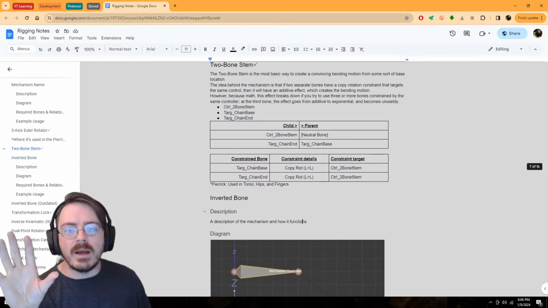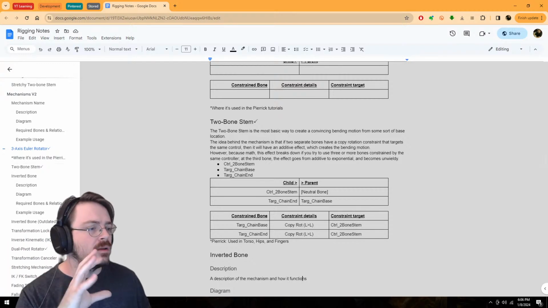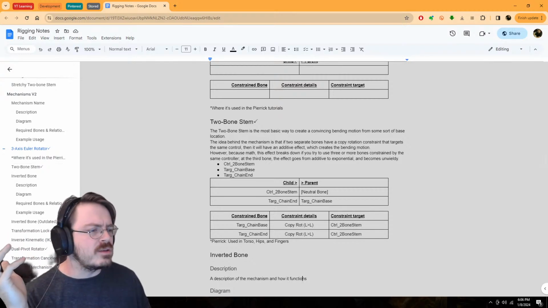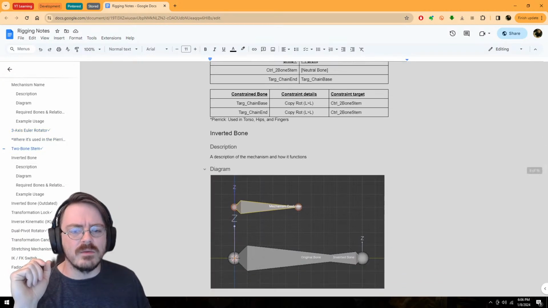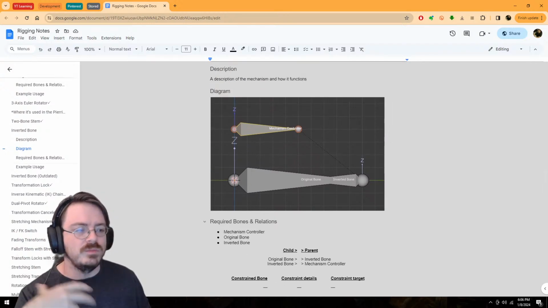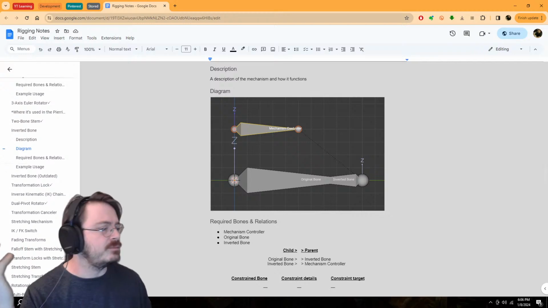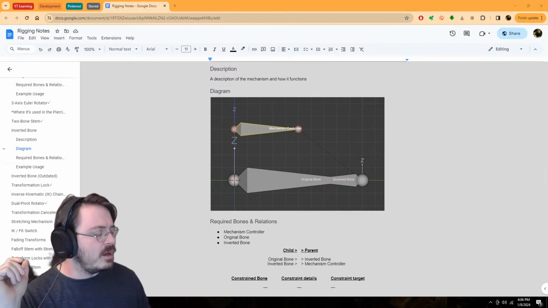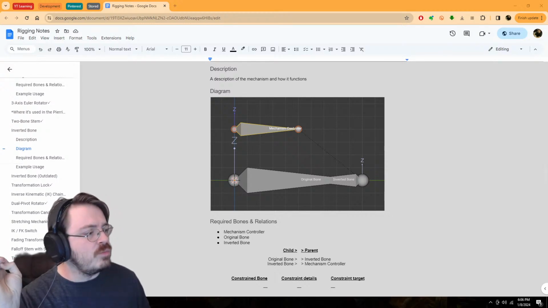So we'll go through. I think we'll make one more little mechanism here, and then that might be the stream for today. I don't know, because I don't think there's a tremendous amount of nuance to this, but just going through, showing how I do it, showing off some rigging in Blender seems like a fun time. So let's see the next rig that he's going to be making here. And I believe it is a somewhat fancy, yes, something I was calling the two bone stem.